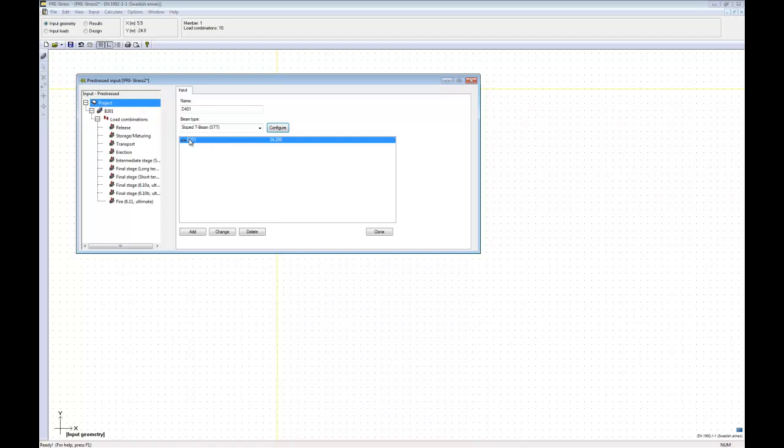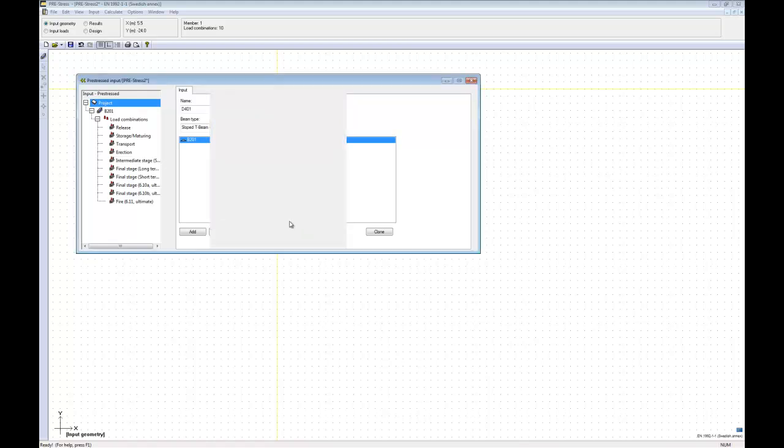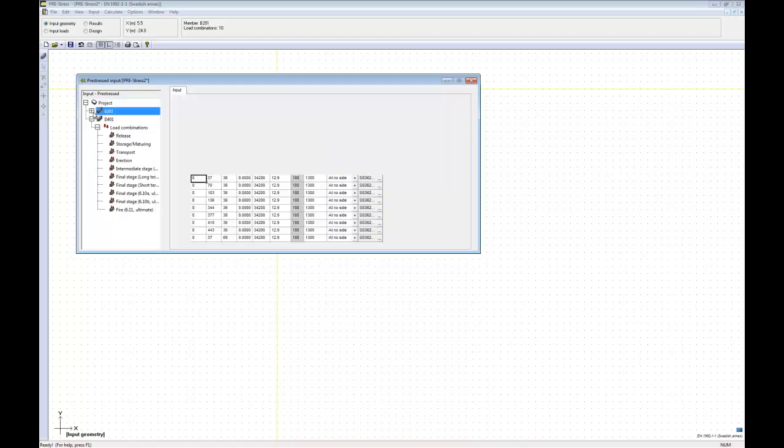We have made the configuration of this slab, and this is the old one. So I just press add, and in this case, since I already have a previous beam, I can go in and change to set the generate dead loads automatic in the dead load combination, and I will have my